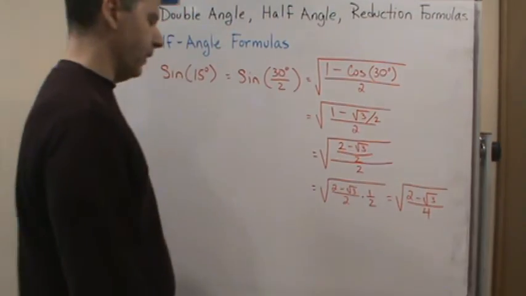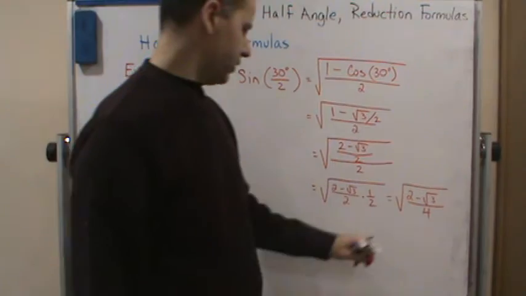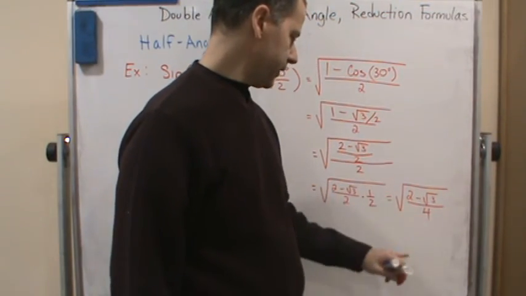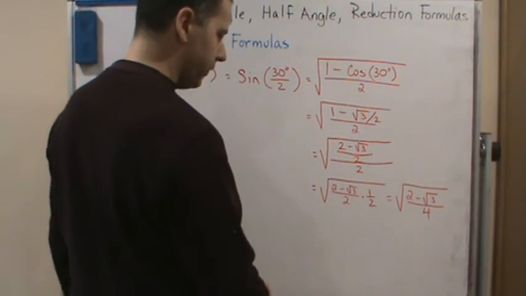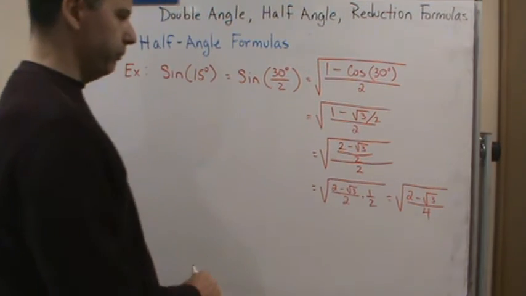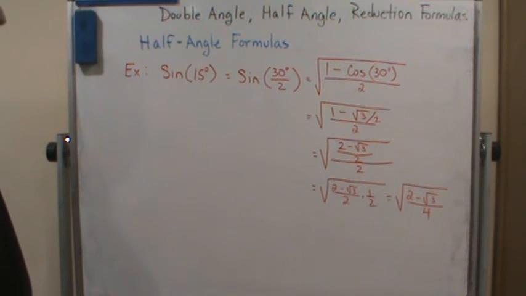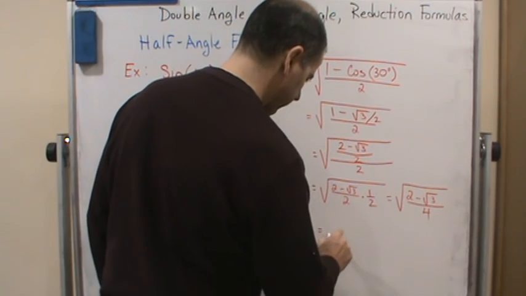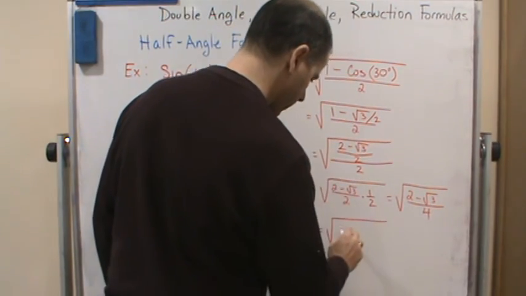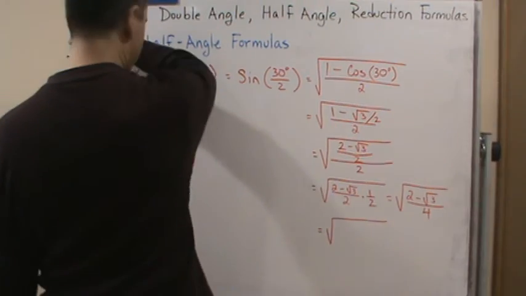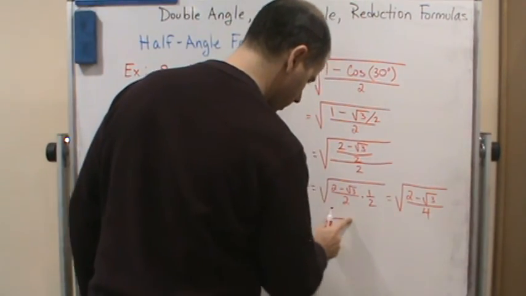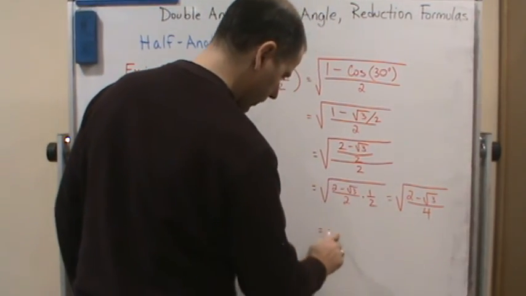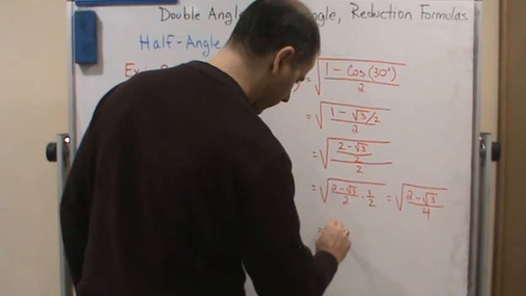over 4. Now I can split this up because 4 is a perfect square, so I could pull that out. And that's really all I can do. So my final answer would be, well, let me rewrite this. Made that a little too big. So my final answer would be